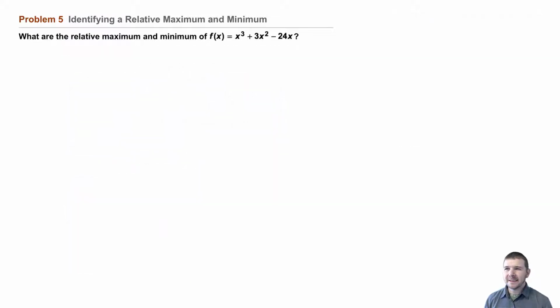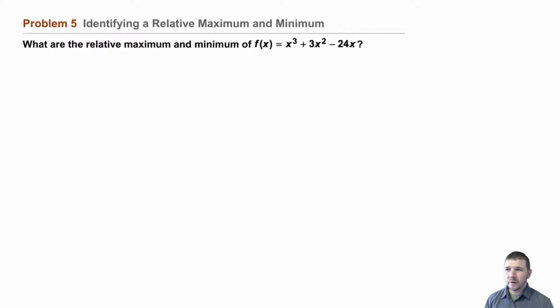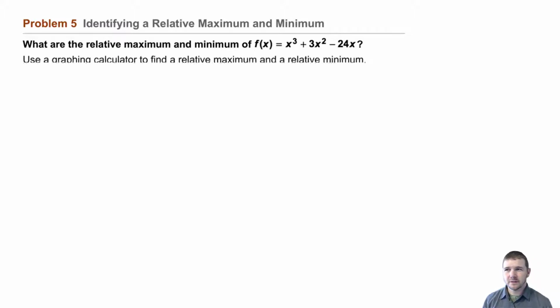Problem 5. Identifying a relative maximum and minimum. What are the relative maximum and minimum of the function f of x equals x cubed plus 3x squared minus 24x? Use a graphing calculator, or Desmos, to find a relative maximum and relative minimum. First, the relative maximum. Graph the function, f of x,